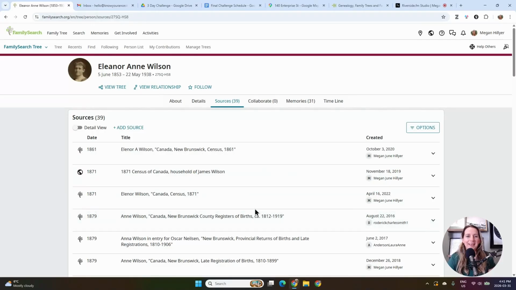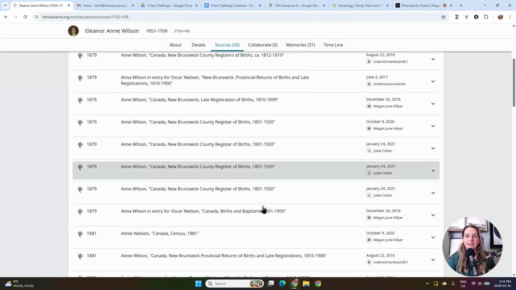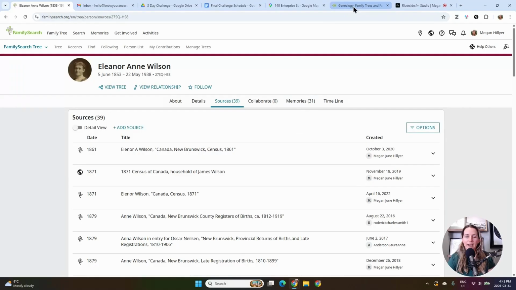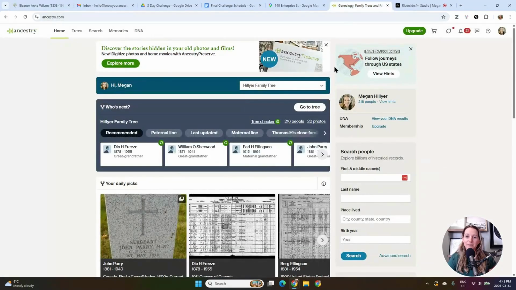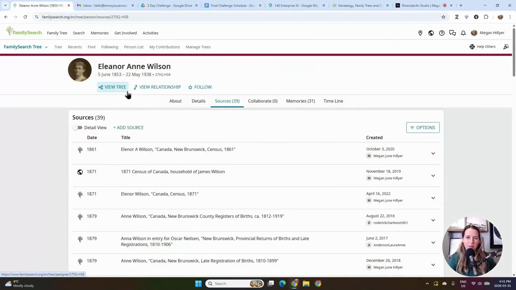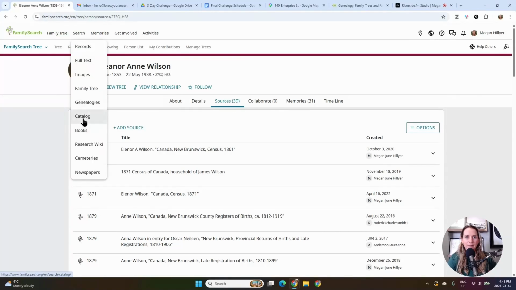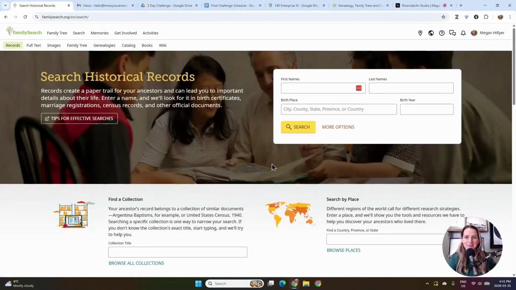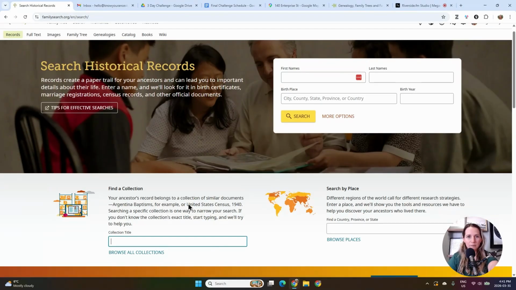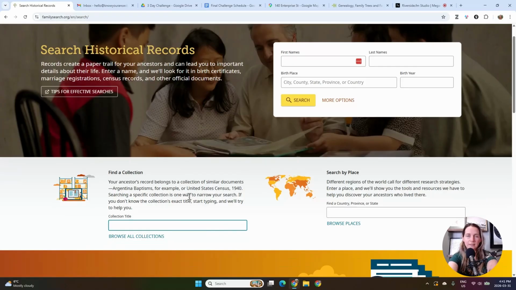Okay, so I had all of her censuses except the 1921 census, so I'm going to show you how I look for that. There's lots of different ways to look for census records. I could look if I know it's on Family Search, which most of the census records are on Family Search. You can click on Search. I like to go to Records, and then I like to search the one specific census record I'm looking for. You're going to have way less results, and if their name was misspelled or whatever, you're more likely to find it. So if you click on Find a Collection here,